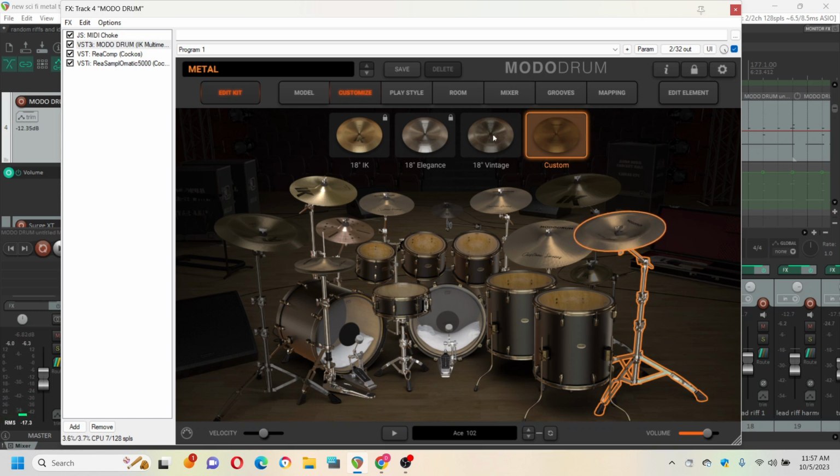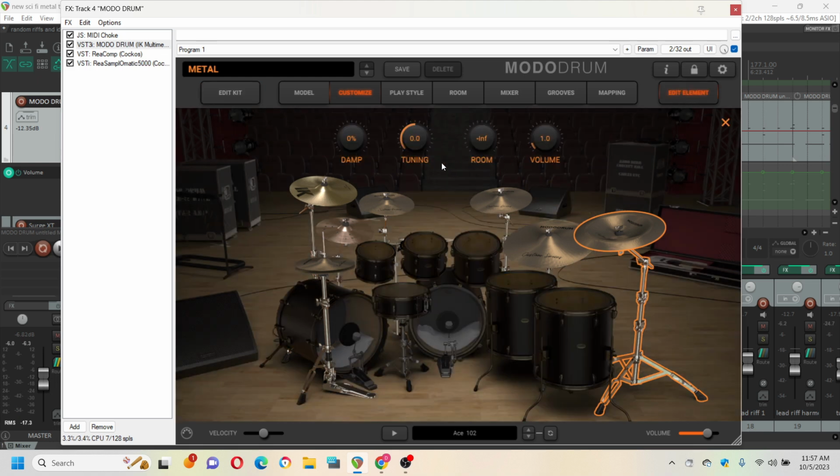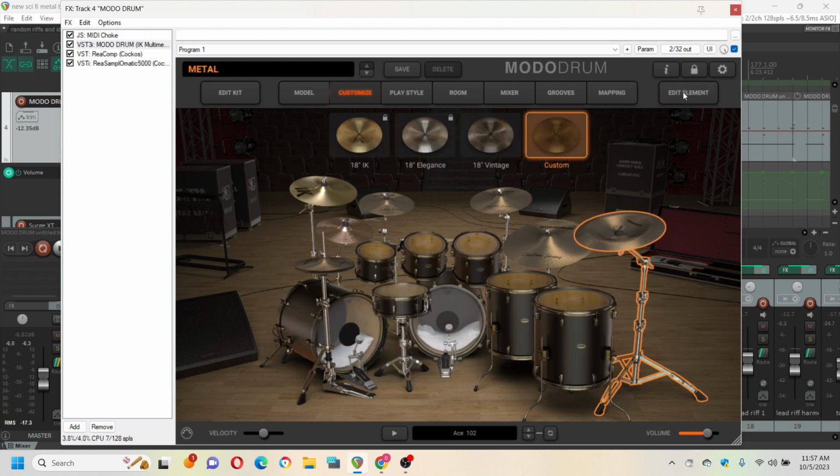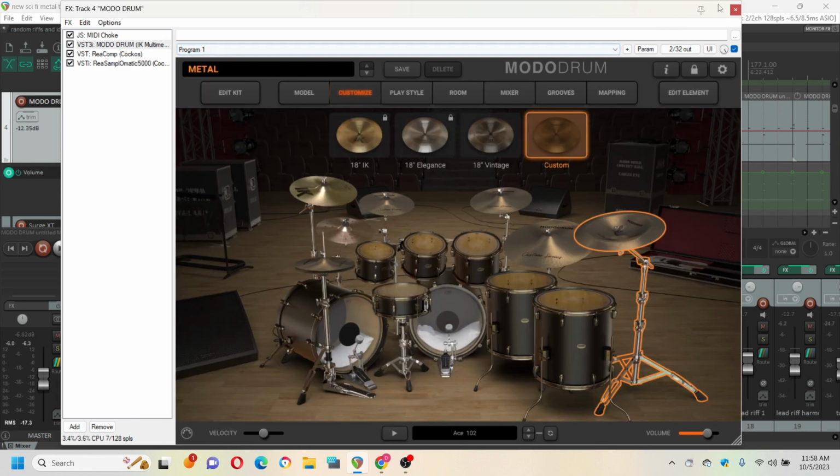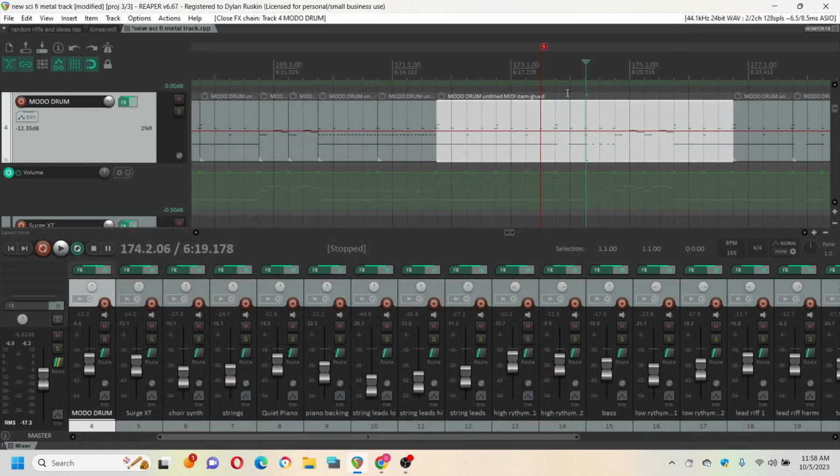I don't see anything in here for this. Let's edit element and see what happens. Damp, volume, tuning, okay, nothing there. Let's say mixer, grooves, room. Mixers are not gonna have anything. No. Okay. Well, I'll show you what I would do if I were in this situation, and I've been there, about having to